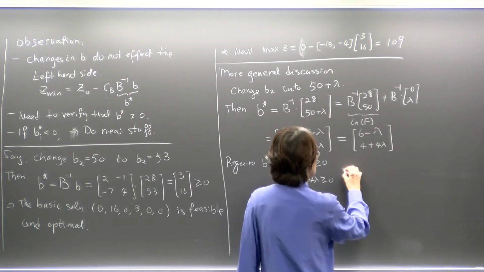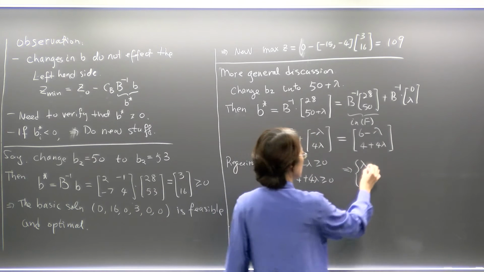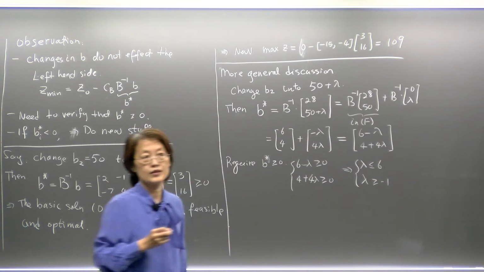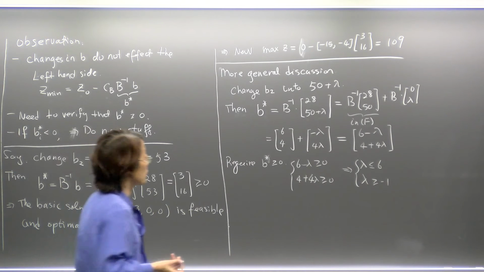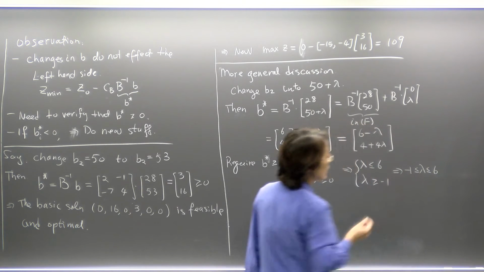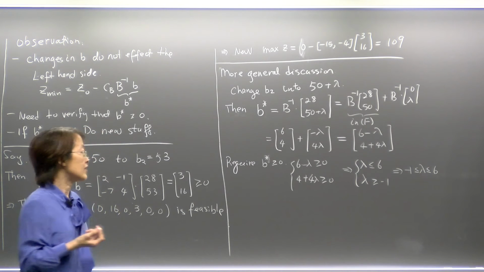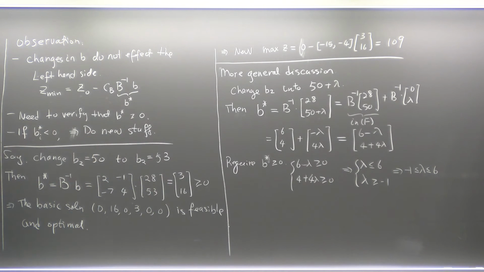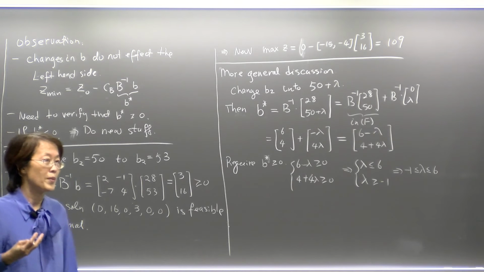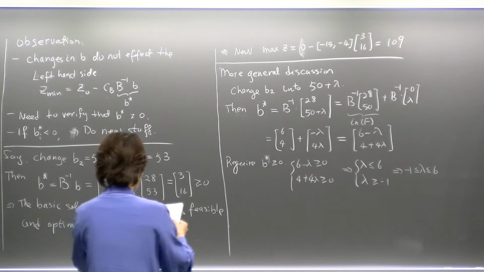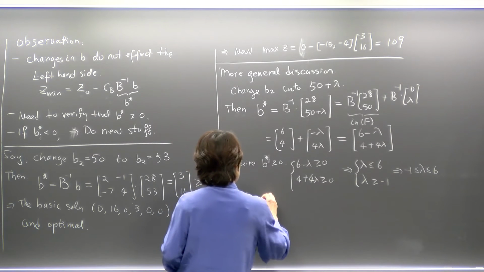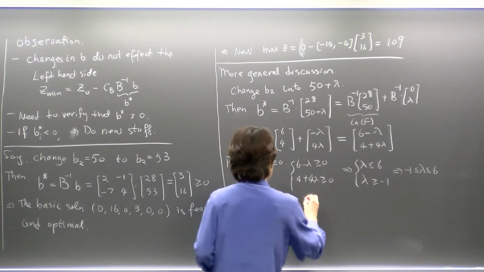These are all linear constraints always. So lambda, the first one, lambda shall be less than 6. The second one is lambda bigger than negative 1. Is that right? So they both must be satisfied. So I know that lambda has to lie between negative 1 and 6. If it does that, then I know the old pivoting process can be used, and the right-hand side in the final tableau will remain non-negative. So that's what it says. So I can conclude if lambda is between that, then